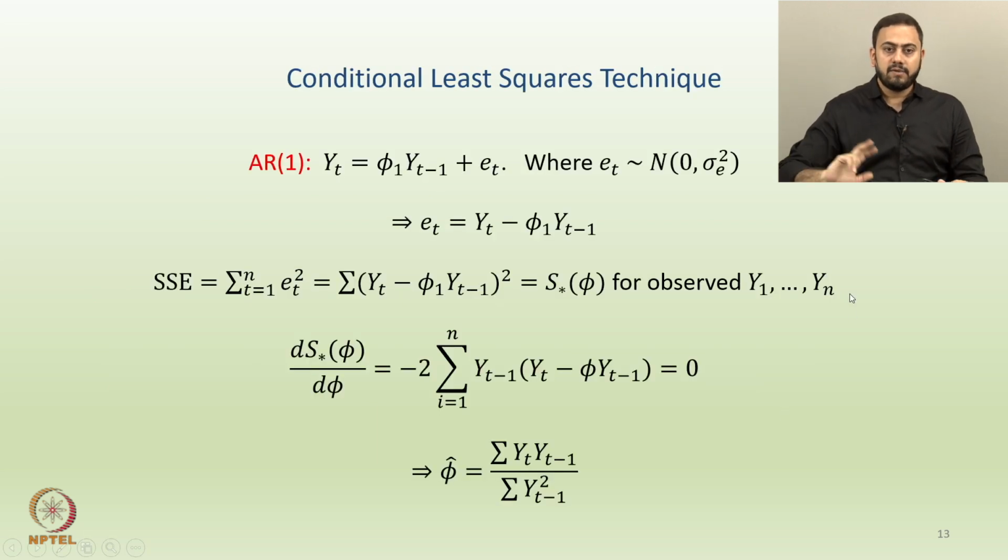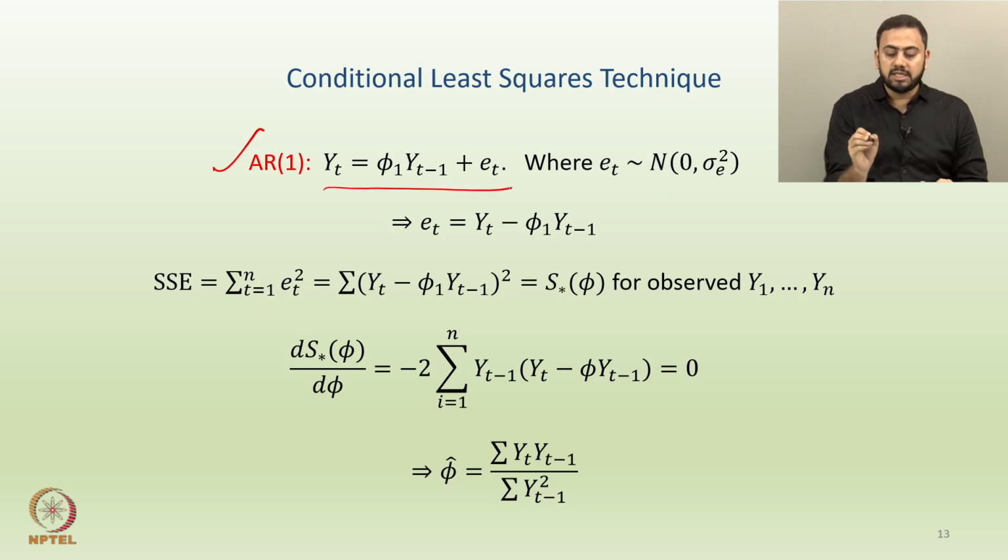Alright, so on the other hand we have one more idea which is called the conditional least squares technique. What do we mean by that? Here we will take up an example using an AR1 model structure. Let us say this is the AR1 equation: yt equals phi 1 yt minus 1 plus et, and again the famous assumption is still there. The errors have a normal distribution with mean 0 and variance sigma square e. From here I can get hold of et, right. Can you solve for et from this equation? Yes, we can. So et is nothing but yt minus phi 1 yt minus 1.